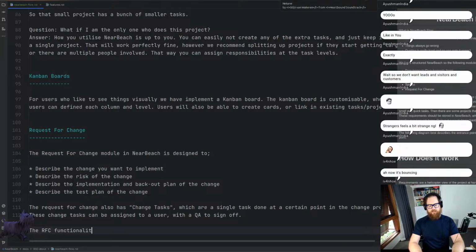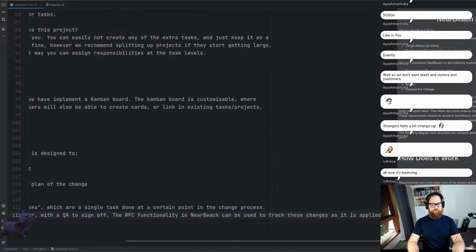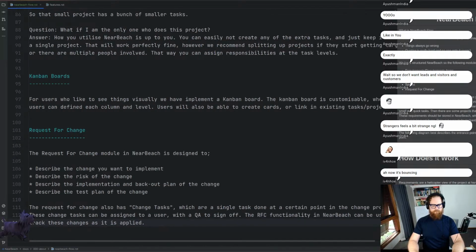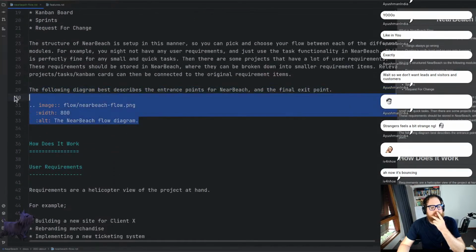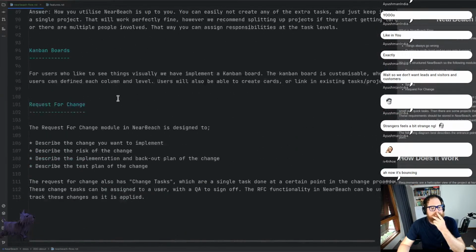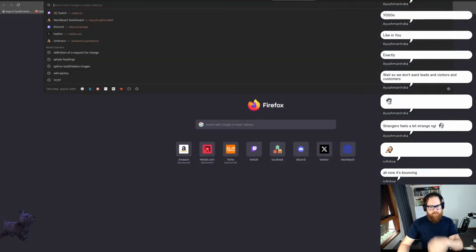RC functionality in NearBeach can be used to track these changes as it is applied. Alright, cool. So yeah, that's looking good. I'm hoping the image works. This is where I look up